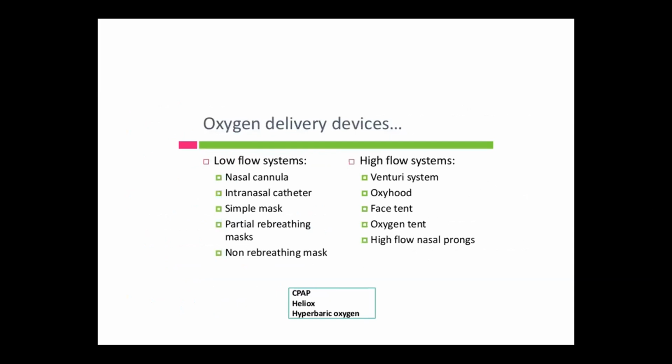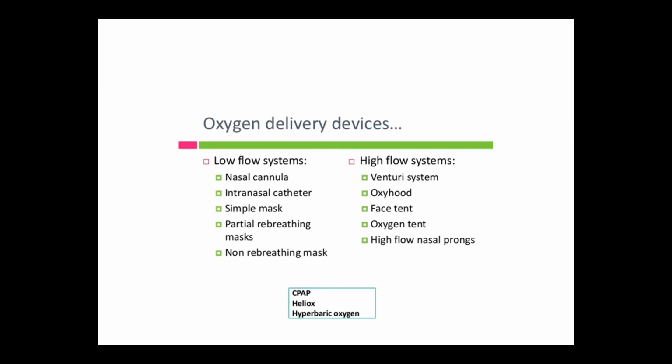Now, another thing is the oxygen delivery devices, because a huge bunch of oxygen delivery devices would be lying on the table, and the examiner would definitely ask about that. Since there's a separate talk on oxygen therapy, you should be well aware of what are low flow systems and what are high flow systems. When you identify the oxygen delivery device, you should be able to tell whether it's low flow, high flow, fixed performance, variable performance, how much FiO2 we can give, what flows we have to maintain, and what are the advantages and disadvantages.